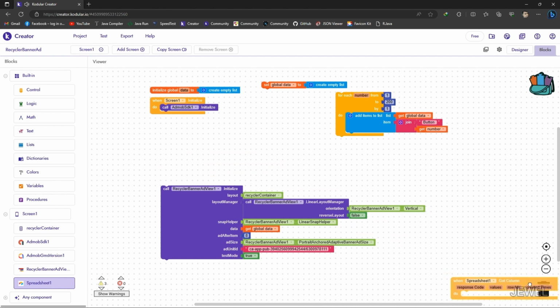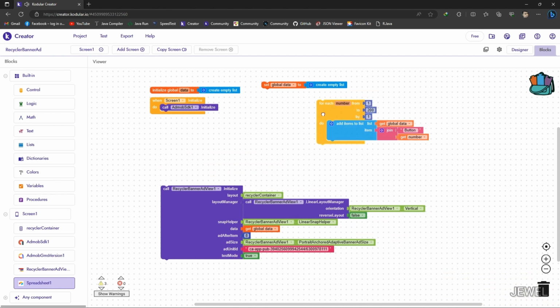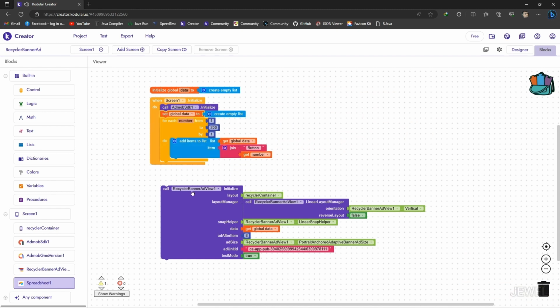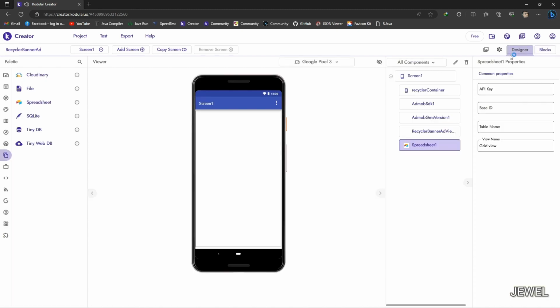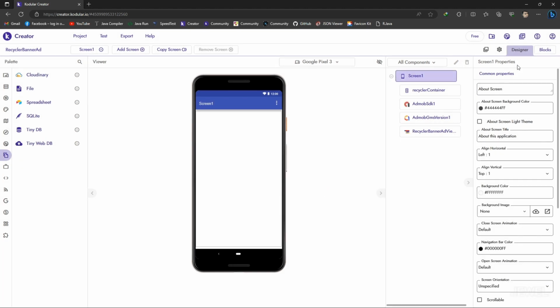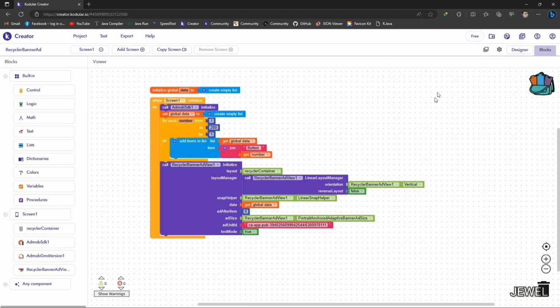Let me delete all these things. In this video, I will use the demo data from the for each loop. Now in the when create view event,